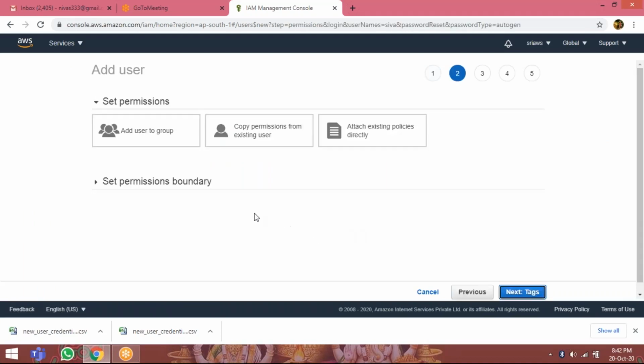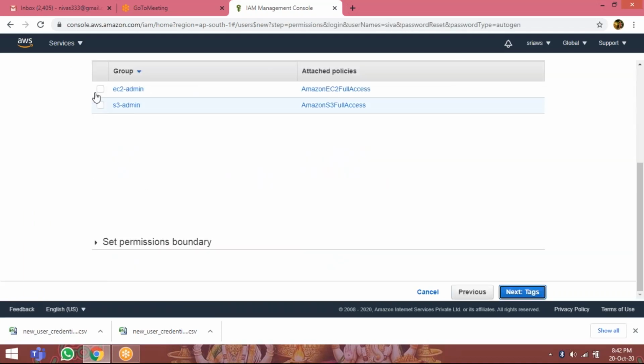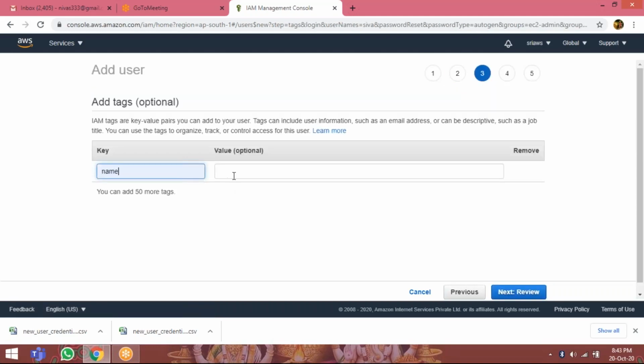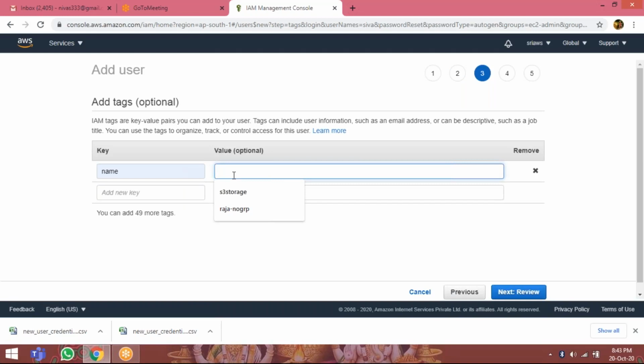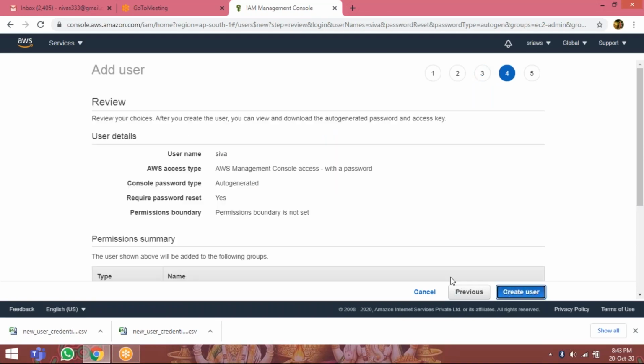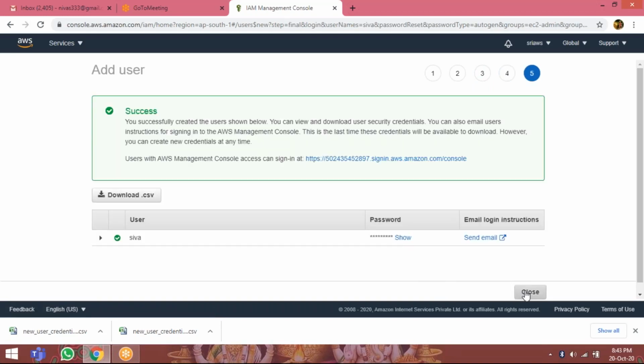Next permissions. So both EC2 and S3. Add tags. Name, EC2-S3 Shiva. Click on review. Create user. Click on close.